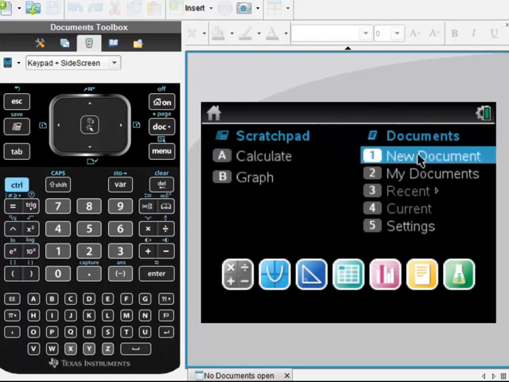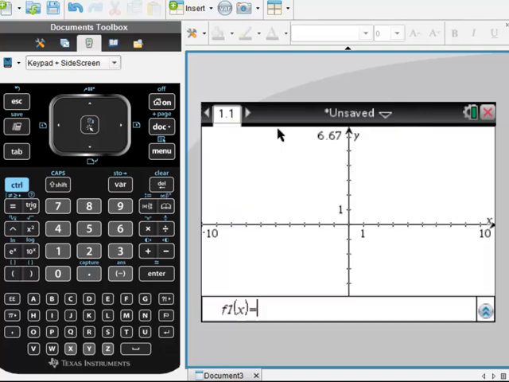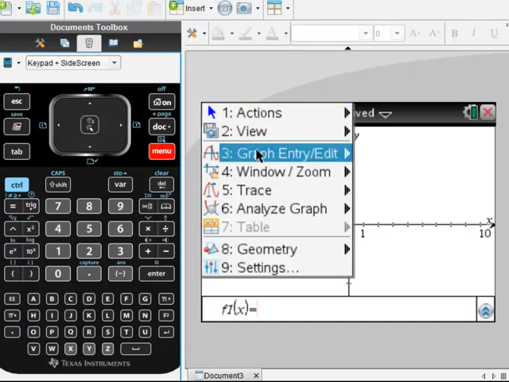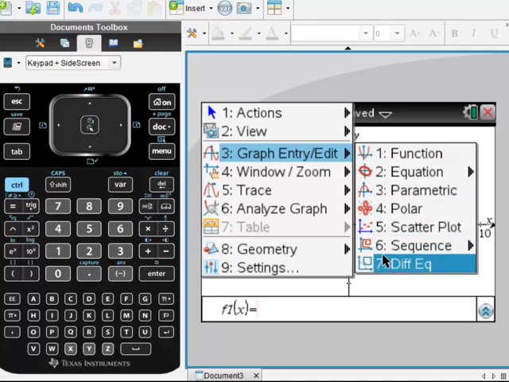Let's start up a new document. To get an Euler's method approximation, we'll need to work that in a graphs application. Alright, we see the usual default entry line in a graphs application is the function. We want to do something differently here. We want to be in the differential equations edit screen. So let's go to the menu, and as our graph entry choice, let's go down here to number 7,